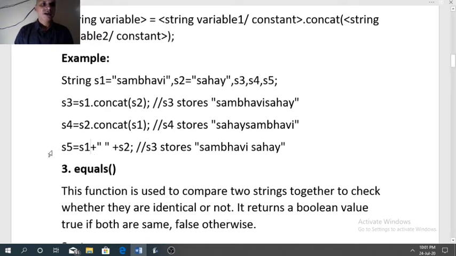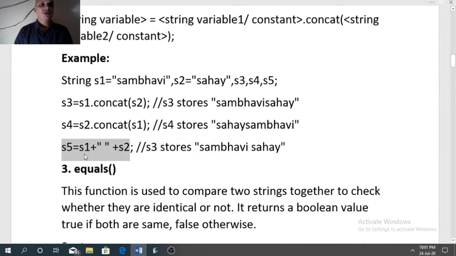I also personally use the plus operator to join two or more strings together because it is easier. Since concat is given in your syllabus, I have explained that also, but in programming, for joining strings, we use plus. So S5 equal to S1 plus space plus S2. S1 is one string, space is the second string, S2 is the third string.